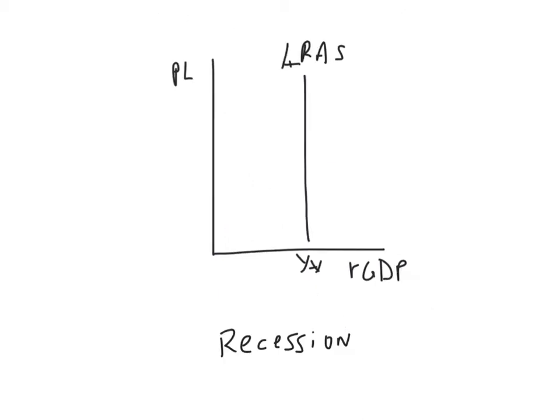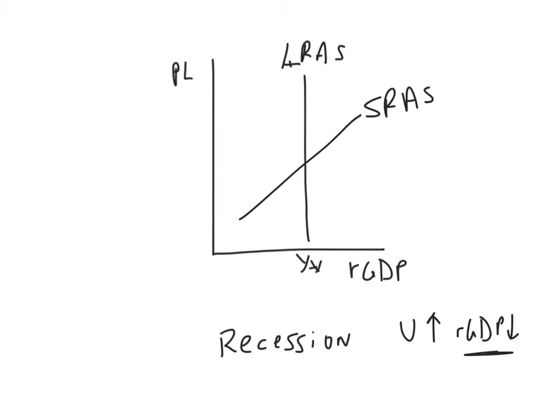So now let's look at a recession. We talked about there's high unemployment in a recession, so unemployment is high and real GDP is falling. Instead of being at our ideal rate in the short run, we're now operating at a lower GDP. So Y1 is going to be to the left of Y star. When we draw our short run equilibrium, there's my short run AS, and here's my AD curve. You'll notice potential is greater than current output. The economy is currently producing Y1 while potential output is Y star.